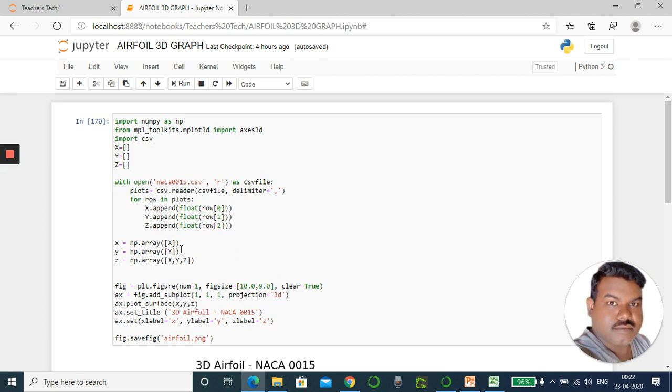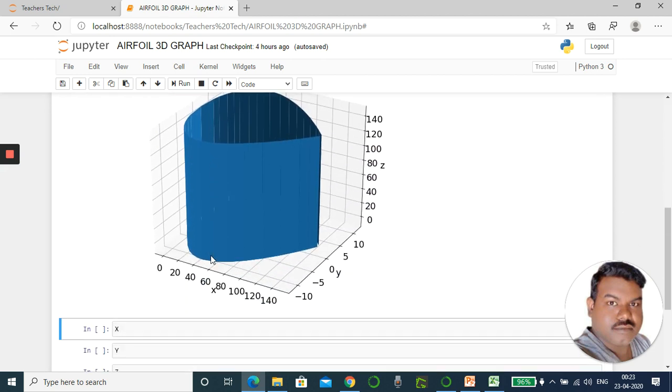So next part, after filling this data, I am converting this into an array. An array is nothing but a collection of data with the same data type. So now I am converting whatever data is available here into an array. First we check this x value.